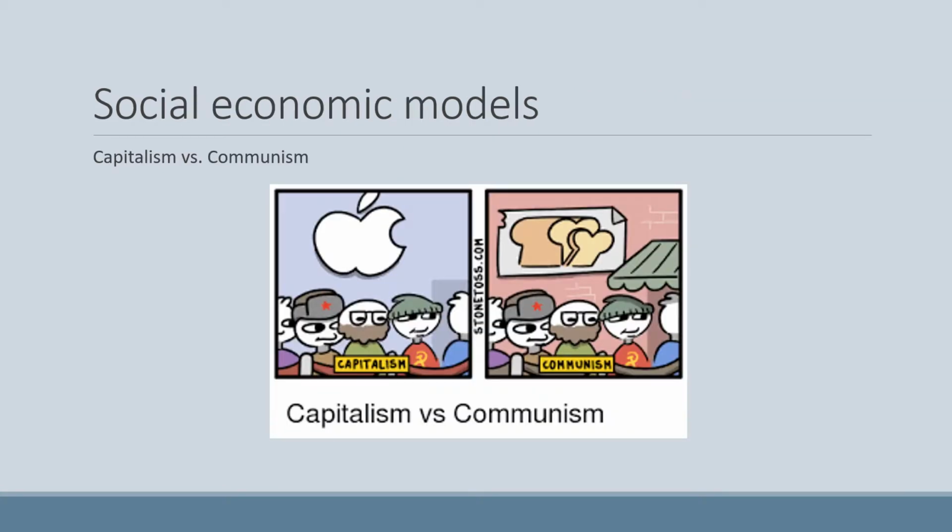We have some socioeconomic models that you may be familiar with, and we're going to look at capitalism versus communism. Capitalism is an economic system in which capital is mostly owned by private individuals and corporations. It's considered to have a free market economy, again based on supply and demand. Resources are allocated based on shifting values and wants. We have a freedom of choice, so we can pick whatever brand we want. We're not necessarily pushed towards one brand or only given one option.